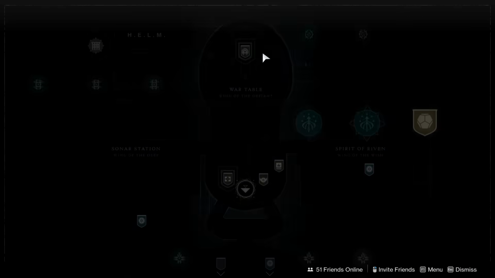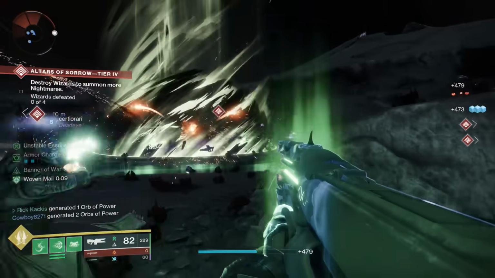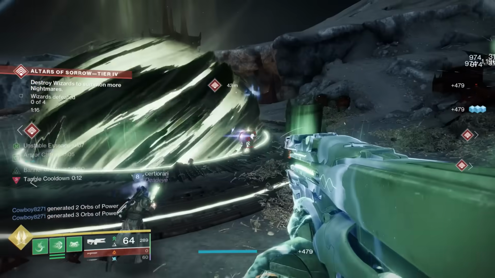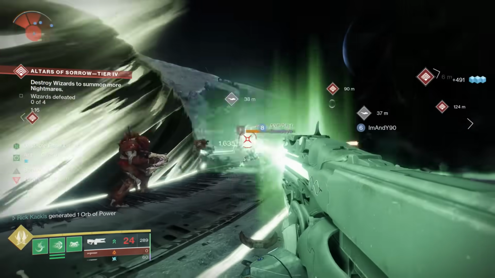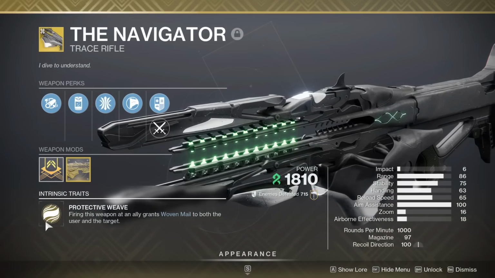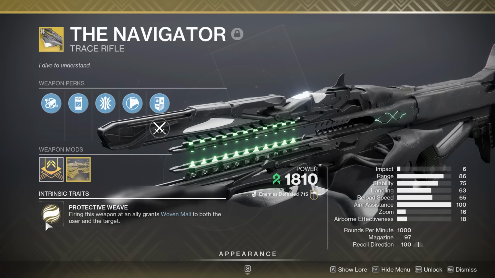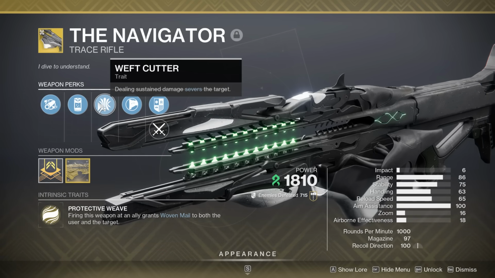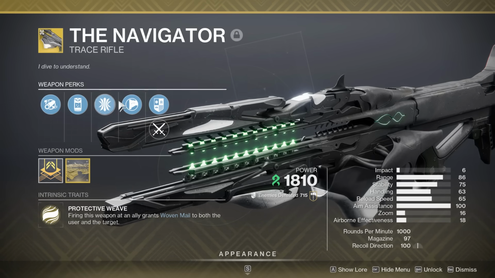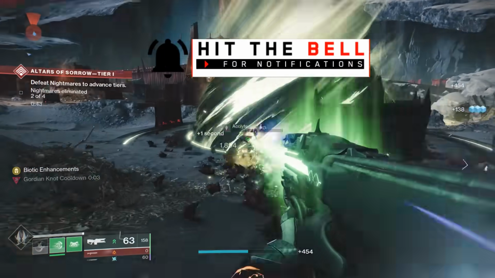Now this comes from the Ghosts of the Deep dungeon introduced in Season 21, and this thing by itself is pretty decent. It's just a Strand Trace Rifle. Strand right now is popping off thanks to the seasonal artifact perks, and funny enough, this thing's intrinsic trait says that firing this weapon at an ally grants woven mail to both the user and the target, and then its intrinsic trait says dealing sustained damage severs the target, and sever is a strand debuff where that target will do less damage back to you, but it actually has a secret exotic perk,